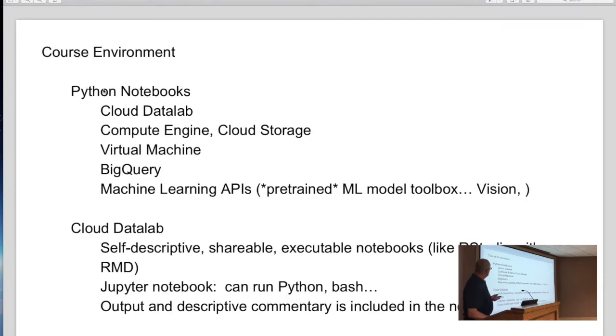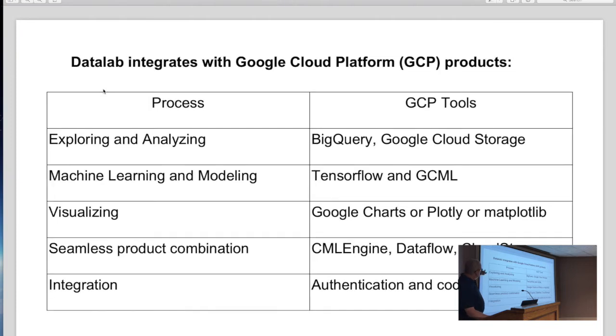They use Python notebooks in Cloud Datalab. I think we're going to have a talk about Python notebooks today, but who's familiar with Python notebooks? It's a self-descriptive, self-documenting, executable format, sort of like RStudio and R Markdown, and Jupyter Notebook too. All of these Google tools are available in Google Cloud Platform for all phases of the